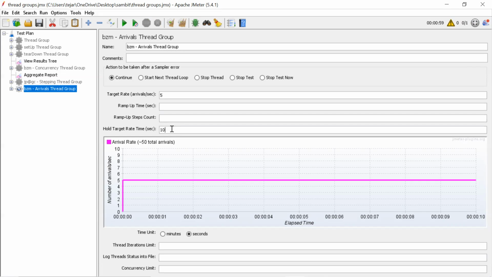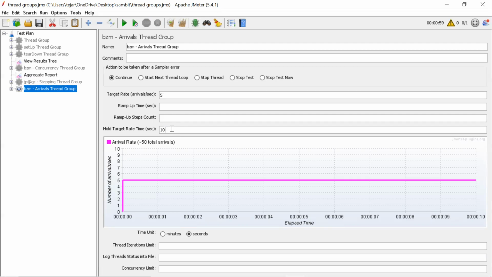All the users will be in. Oh, it will try to achieve 5 arrivals every second. Arrivals 5 per second, that's users, right?